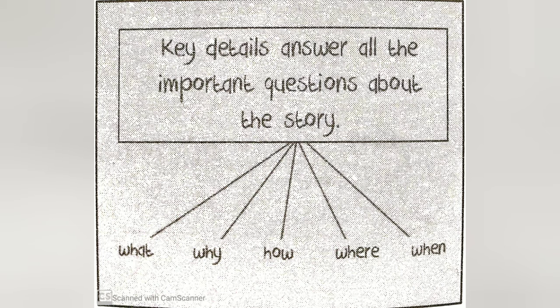No, this was not the complete story. Many key details were missing. For example, we don't know why the woman was sad, how the golden goose helped her, and what happened to make the golden goose feel sad in the end. Today, we will learn to identify the key details in the story by asking key questions with words like what, why, how, where, and when.